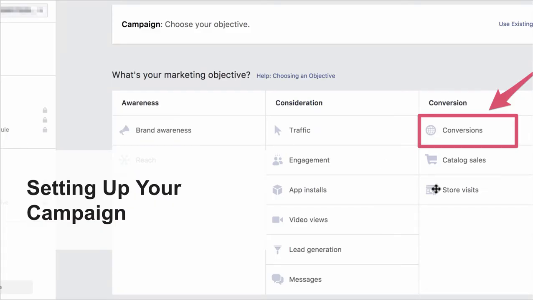So basically, when you go in and you set up a new campaign, we're always going to choose this objective over here, conversions. See, we can also get traffic, engagement, app installs, video views, lead generation, messages. So unless we're running lead ads, which is an advanced strategy that's in the bonuses, we're going to run for conversions. So if you're running to a landing page, 100% of the time in my program, you will choose conversions.